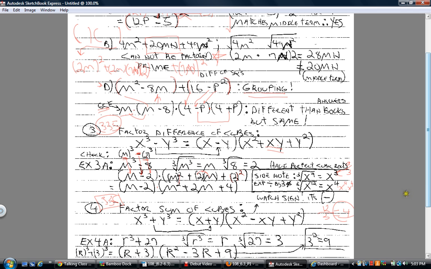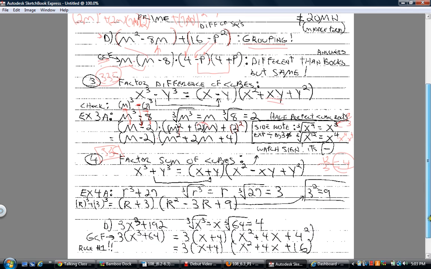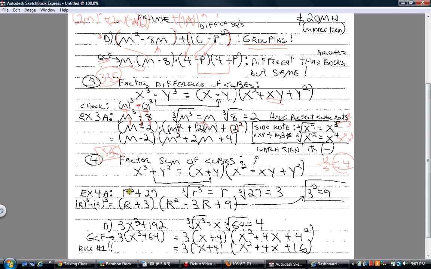Now, the way I like to learn it and teach it is take this example right here, r cubed plus 27. Do you have the cube root of the first term? The answer is yes, r. Do you have the cube root of the second term? The answer is 3. Once you've written that format, and I think that's worth taking that step to do it,